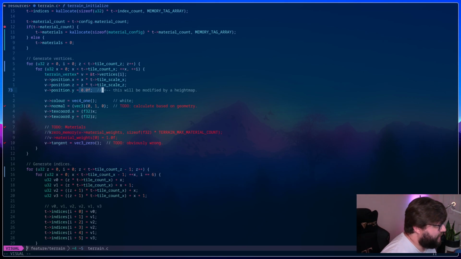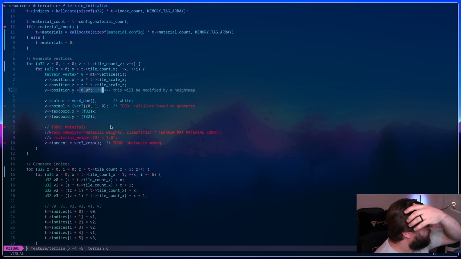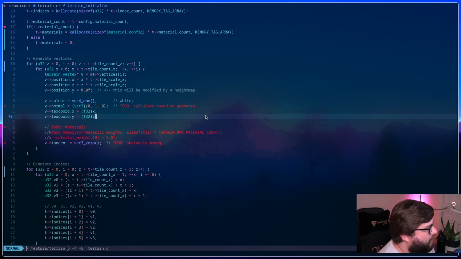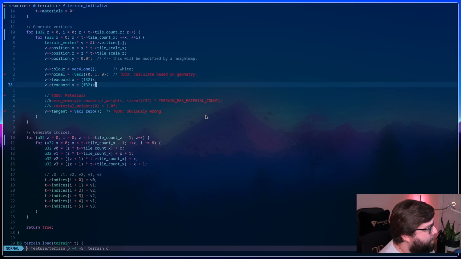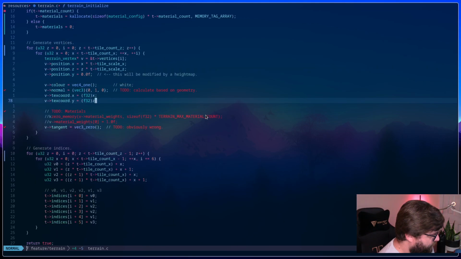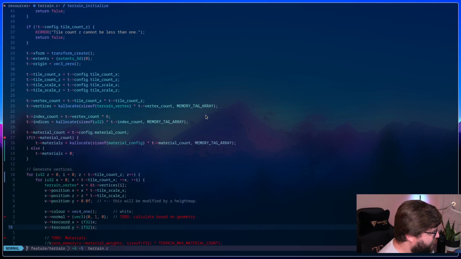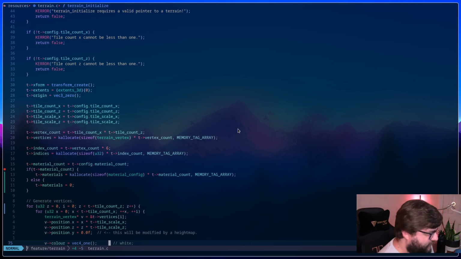That seems like it should be correct. Okay. I'm using an identity matrix as my transform, so I don't think it's that.